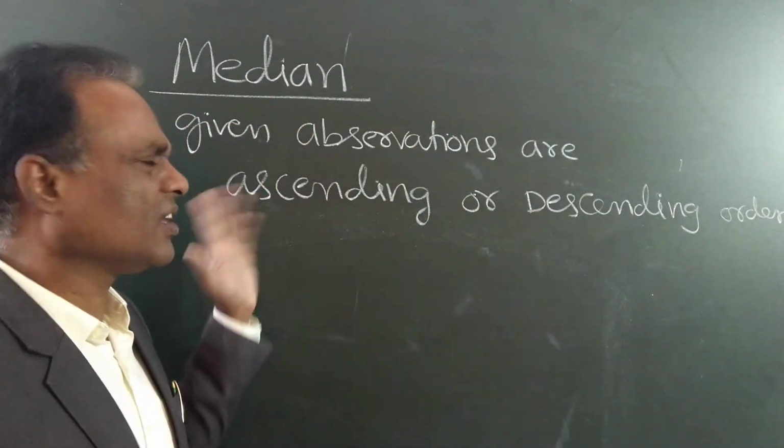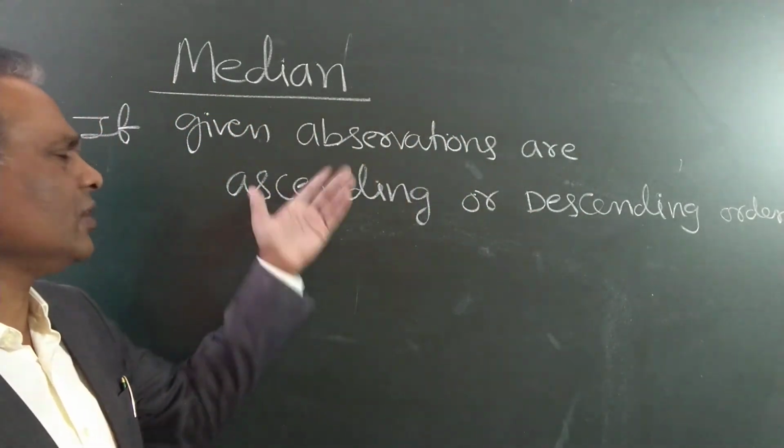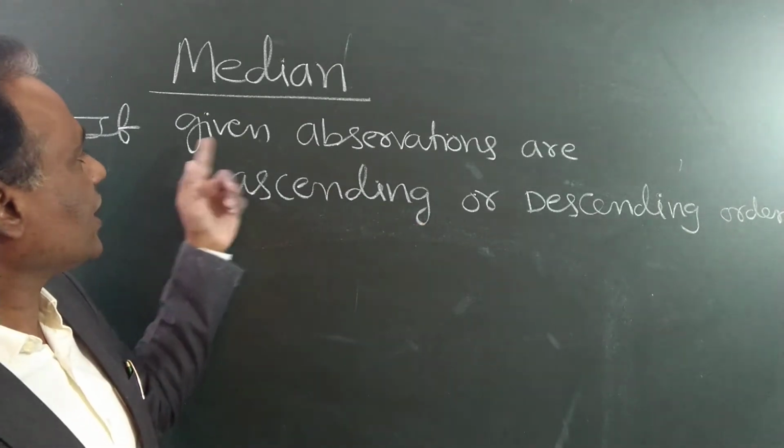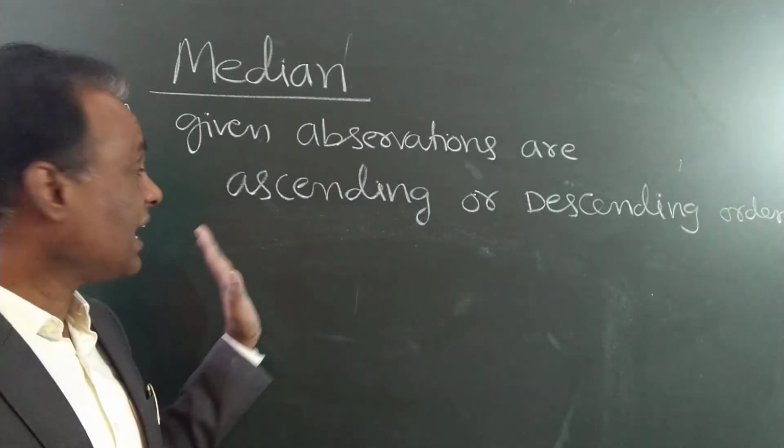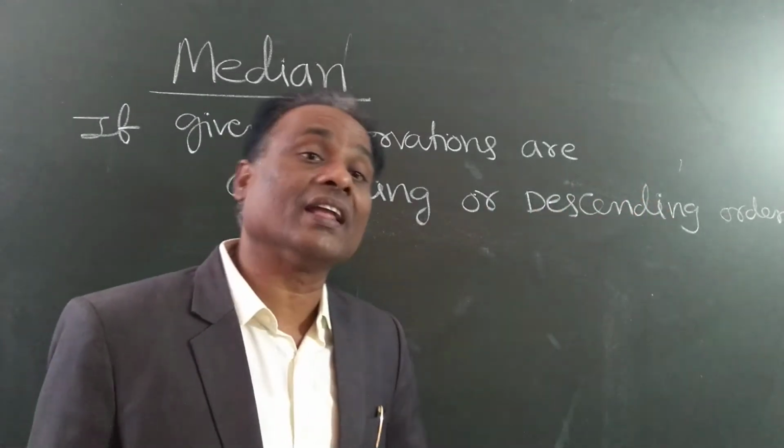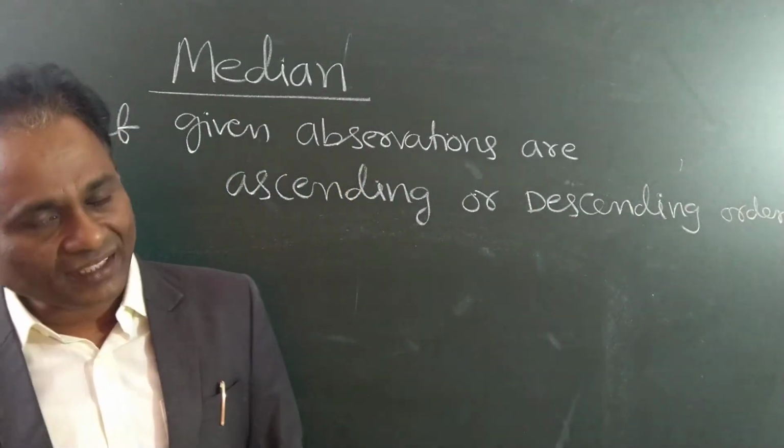We always arrange in the same rule we apply. So we use ascending only. If the given observations are arranged in the ascending or descending order, then